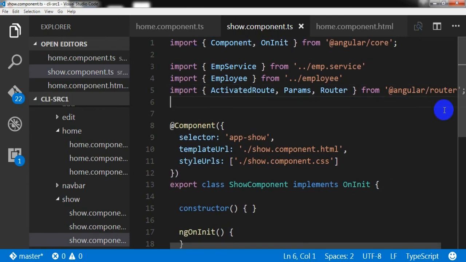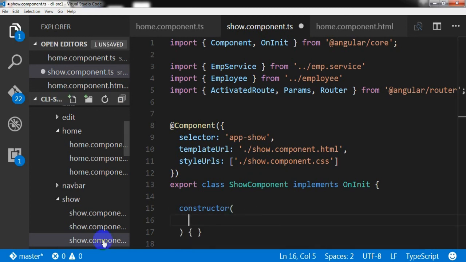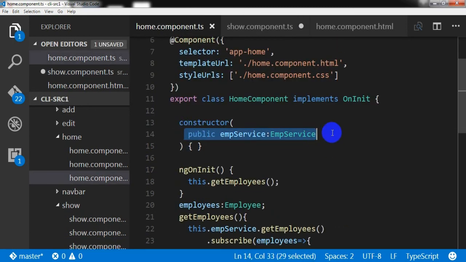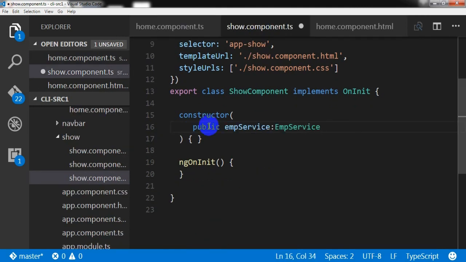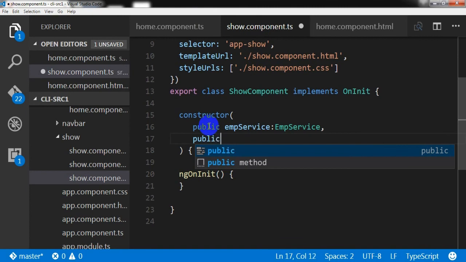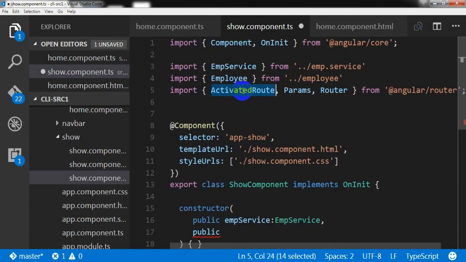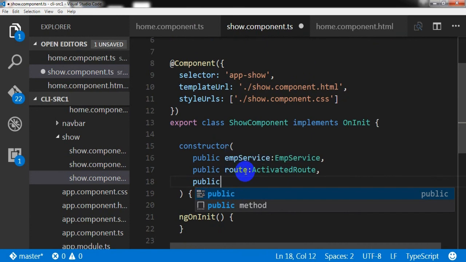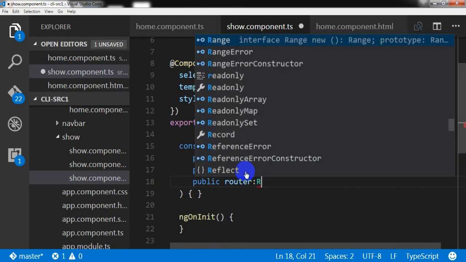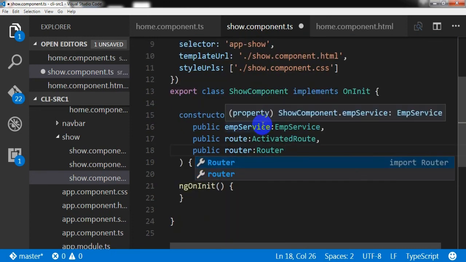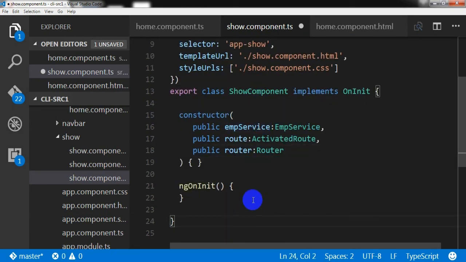Okay, and I need to inject the employee service, activated route and router into the constructor, and for doing that, public employee service, public activated route and also public router. Okay, now I'll go to write employee variable of type employee,